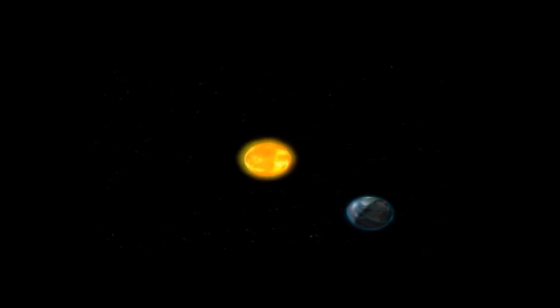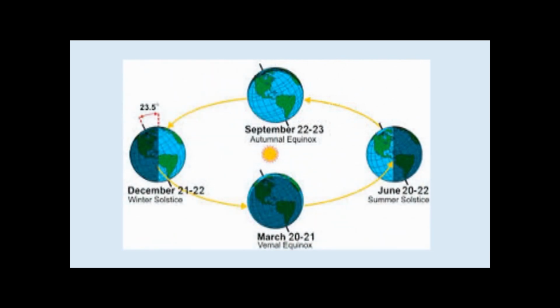Revolution of earth causes winter, autumn, spring, and summer seasons that we experience throughout the year. Earth takes 365 and 1 by 4 days to complete its journey around the Sun. This journey makes 1 year. After every 3 years, the fourth year has 366 days. This year is called leap year.